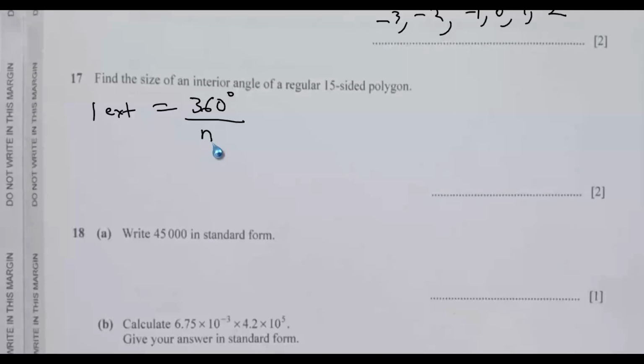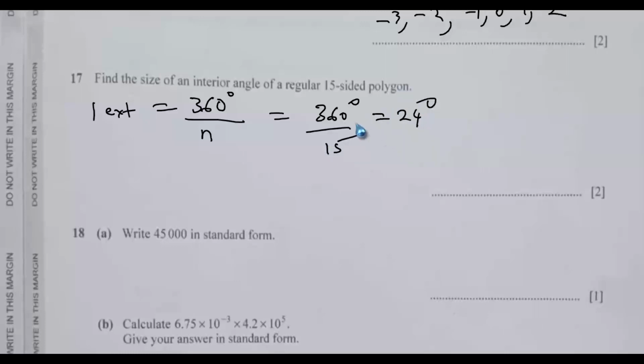So in this case, n is given as 15. So just say 360 degrees divided by 15. This will give us